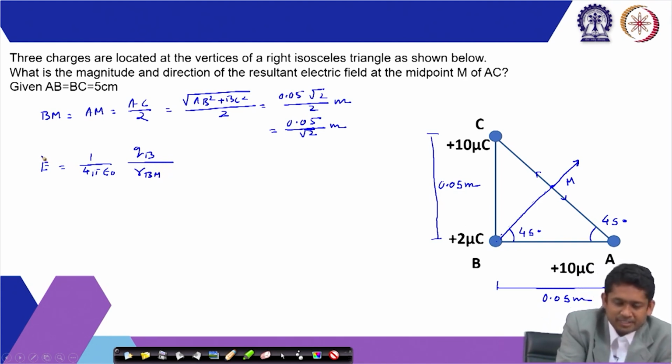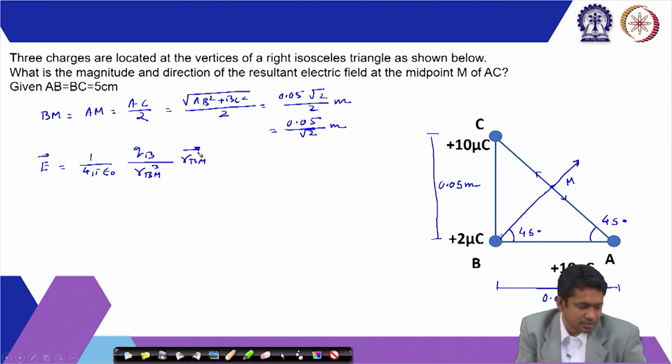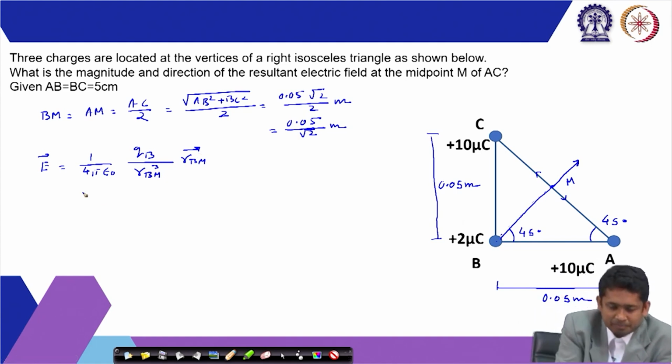If I want to denote this as a vector, then we have to write RBM cube and multiplied by RBM as a vector, and that would give us